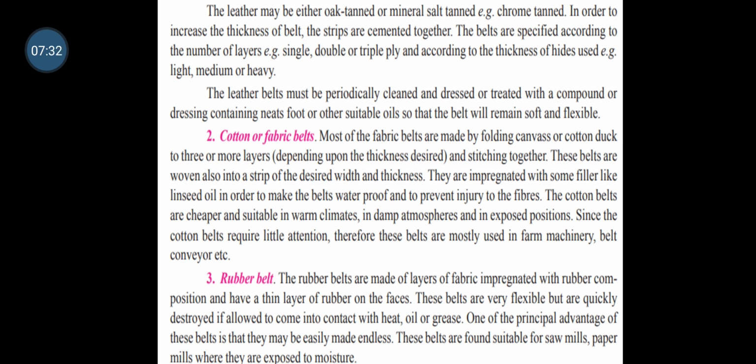The next material is the rubber belt. These belts are made of layers of fabric impregnated with a rubber composition and have a thin layer of rubber on the faces. These belts are very flexible but are quickly destroyed if allowed to come into contact with heat, oil and greases. One of the principal advantages of these belts is that they may be easily made endless. These belts are found suitable for sawmills, paper mills,